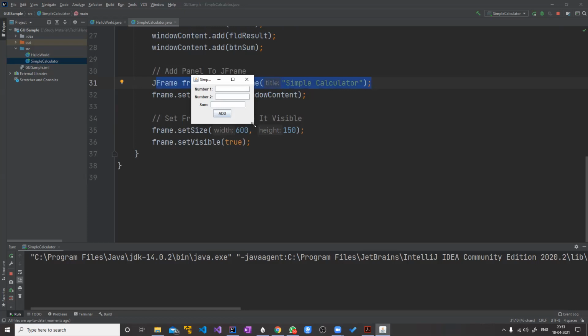You can see that it arranges itself. That is the nature of flow layout, that it arranges the UI elements in the horizontal direction. As soon as one row is finished, the UI element moves to the next row.